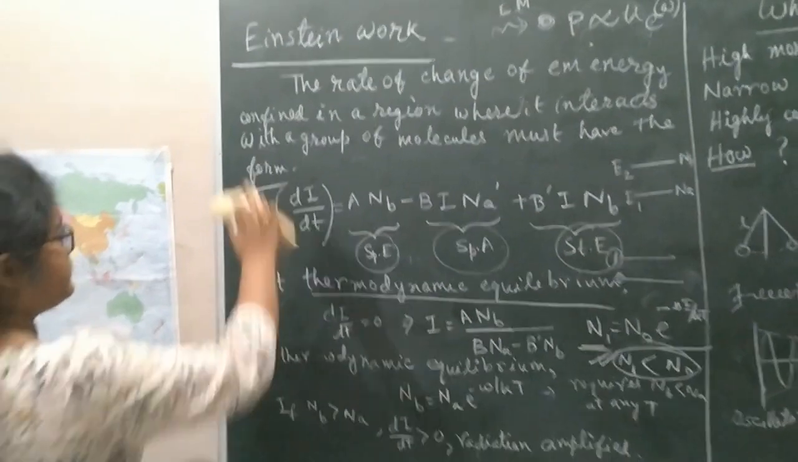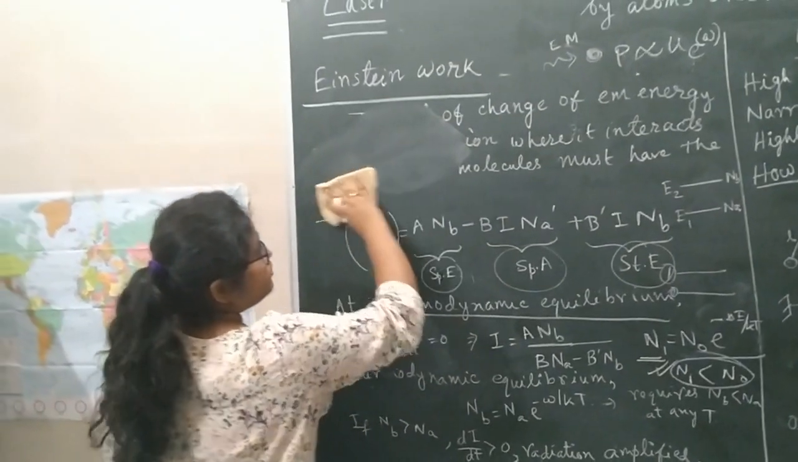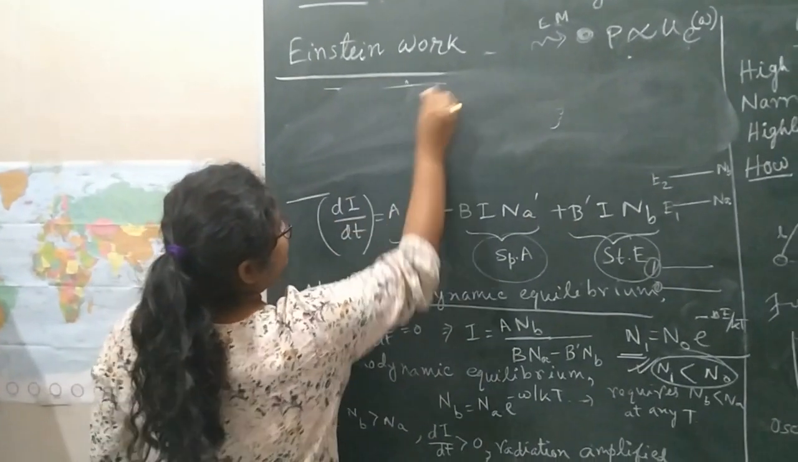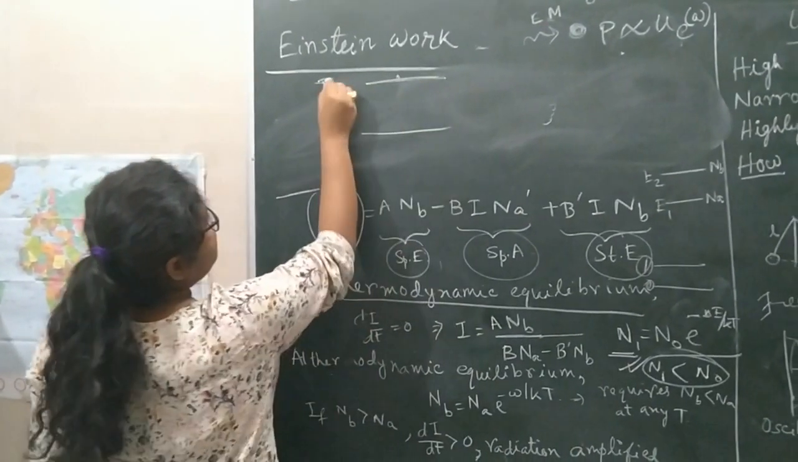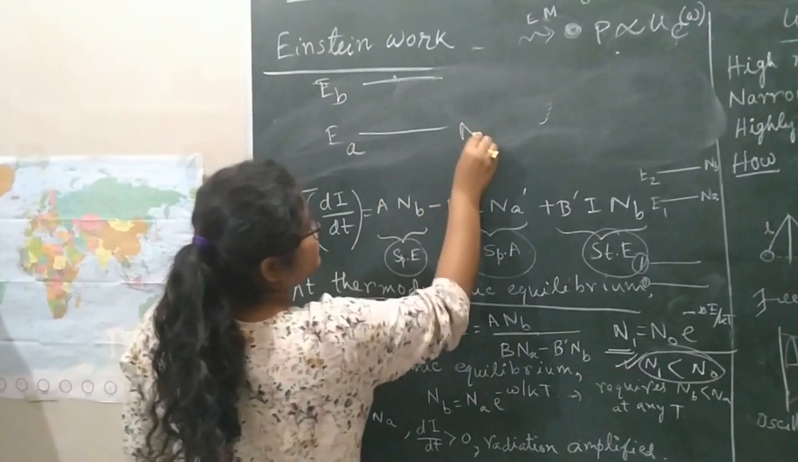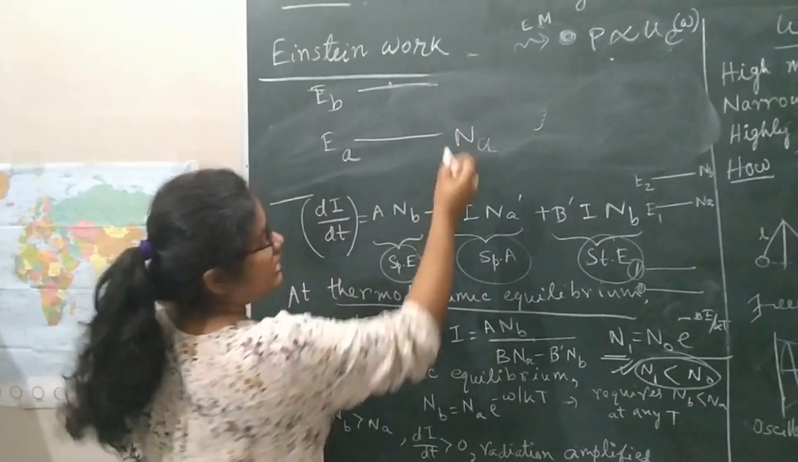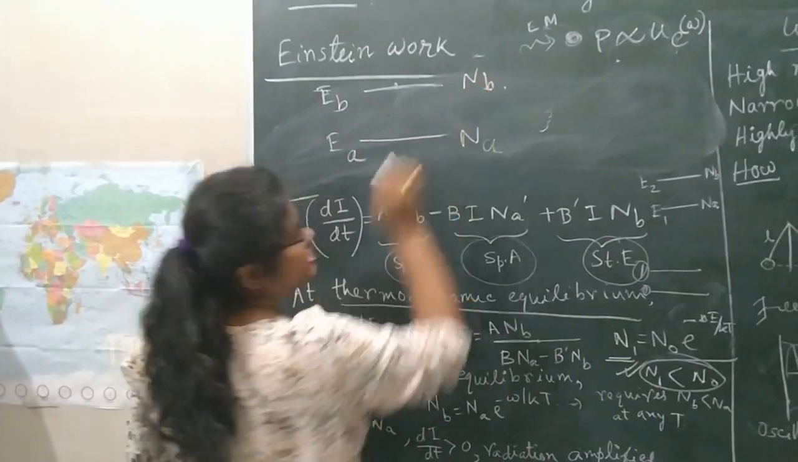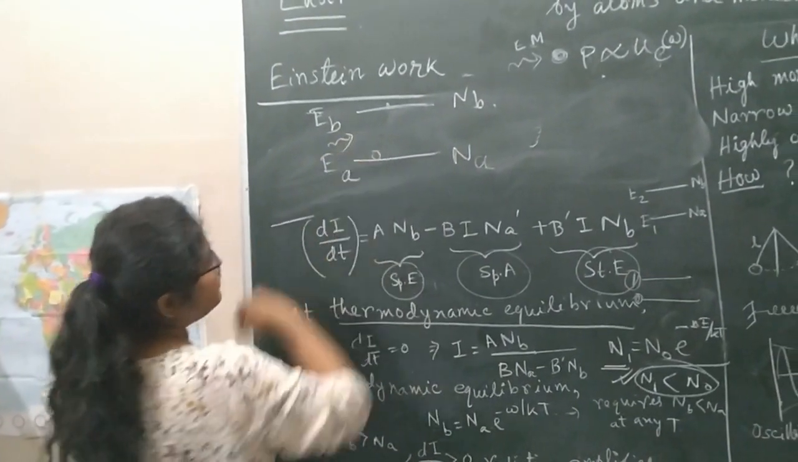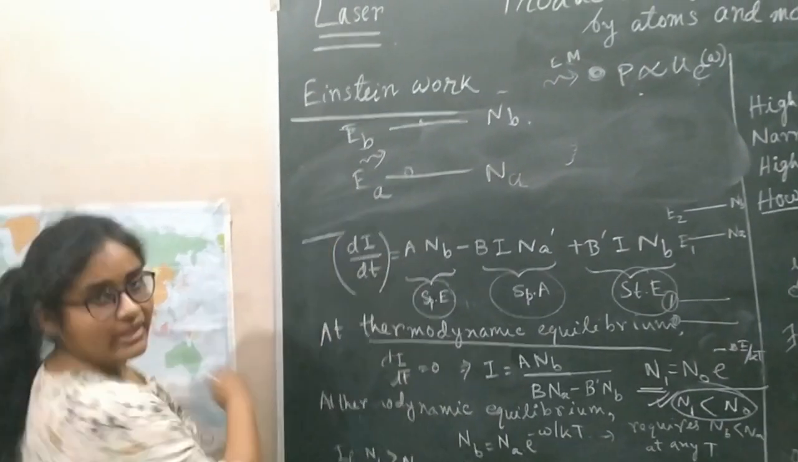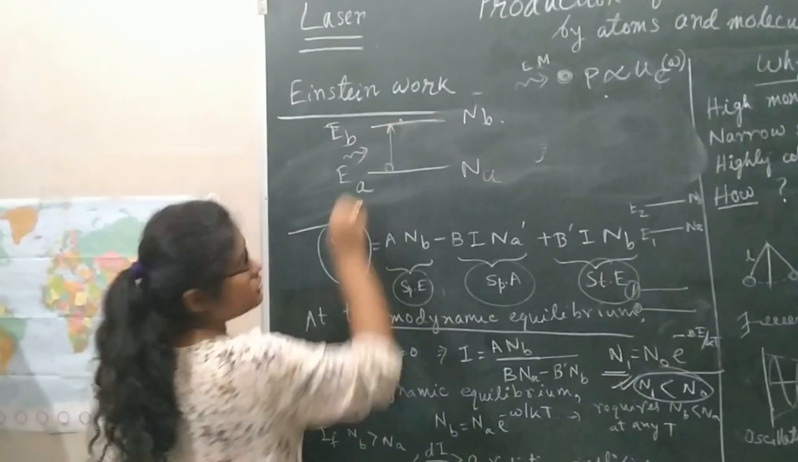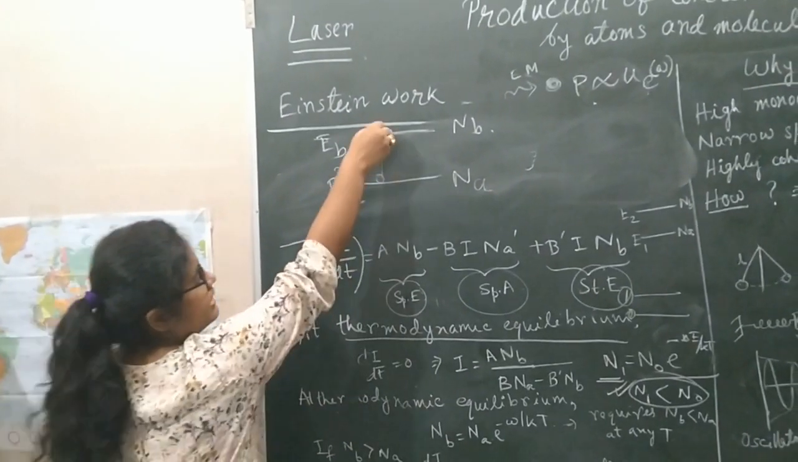So what does it mean? Let me erase it first. So the term by term meaning is, suppose you have two levels, one with energy EB and another with energy EA, and one with the population Na and another with the population Nb. Suppose there are atoms and they are incident with the electromagnetic field. Now it will get excited and absorb the radiation, and it will go to the